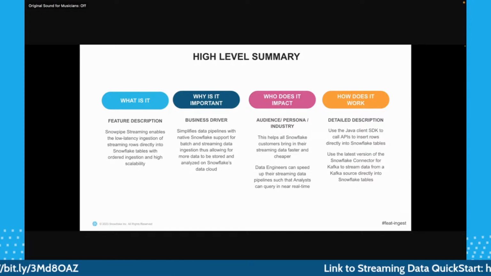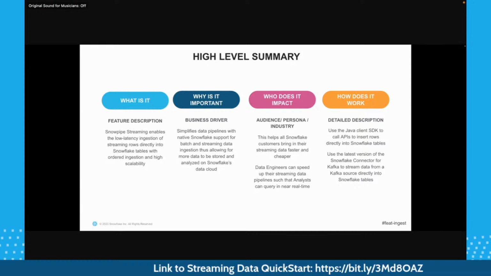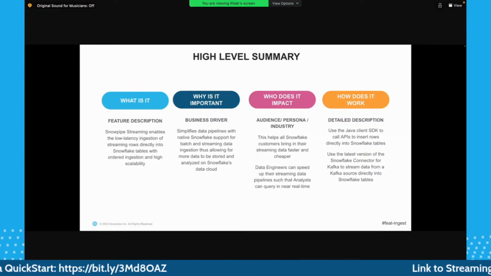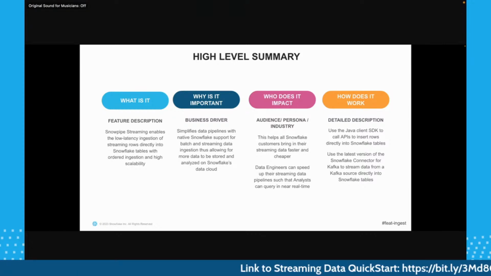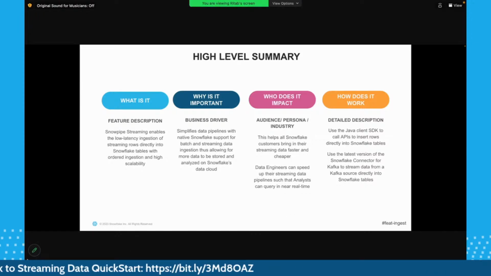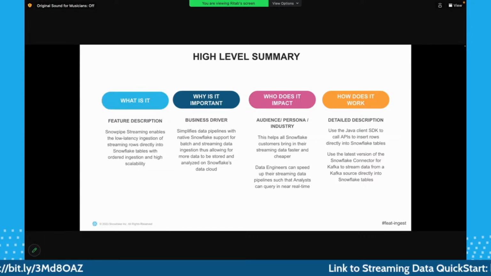Because you can host it in a Docker container anywhere. The next way to work with Snowpipe streaming is the Snowflake Kafka connector. So in case you have a Kafka and your devices or your logs are getting published onto your Kafka system, you can configure the Snowflake connector and make the data reach your Snowflake target in no time.